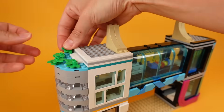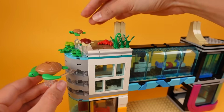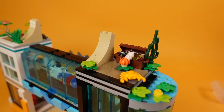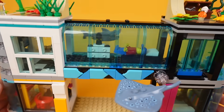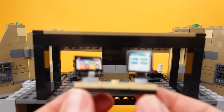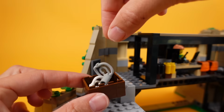To finish the underwater hotel, I added in a bunch of seaweed and sand, then placed a couple of turtles. On the other side, I added in a treasure chest and some more plant life and another crab. And then I placed a shark on the side and a manta ray on the front. But then I got the idea to repurpose this Lego Star Wars set into a hotel check-in area. So I made the front desk with life jackets and oxygen tanks,